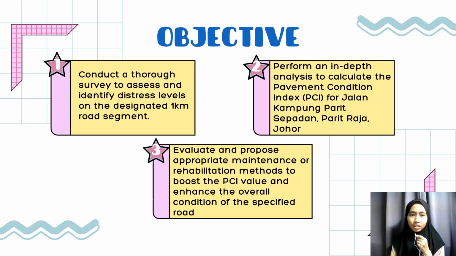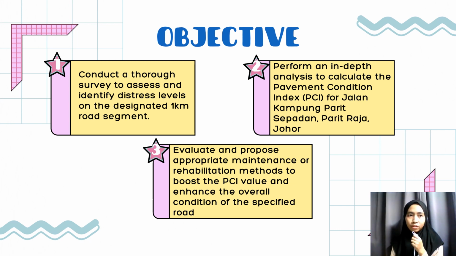Objectives for this project: 1. Conduct a walkthrough survey to assess and identify distress levels on the designated 1 km work segment. 2. Perform an in-depth analysis to calculate the Pavement Condition Index (PCI) for Jalan Kampung Parit Sempadan, Parit Raja, Johor. 3. Evaluate and propose appropriate maintenance or rehabilitation methods to boost the PCI value and enhance the overall condition of